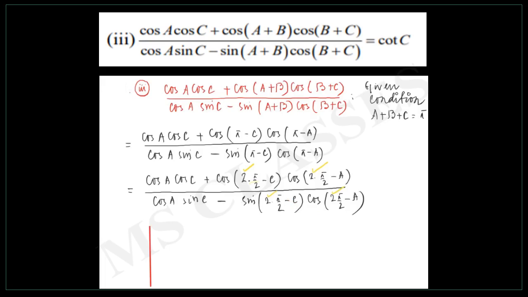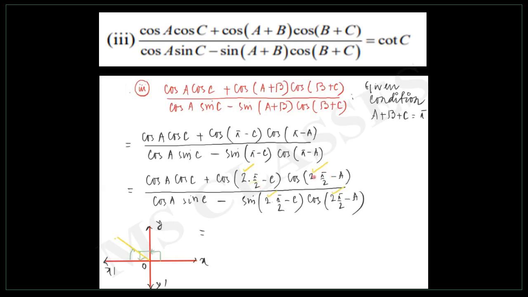You see here, pi minus something if we have. Pi means what? 2 into pi by 2. So here 2 into pi by 2, so pi by 2, pi by 2, both plus minus something. Minus something means it will end up in which quadrant? It will terminate in the second quadrant. So this is y, this is x prime, this is y prime, this is the origin. So what we get here is that all the angles are in the second quadrant.